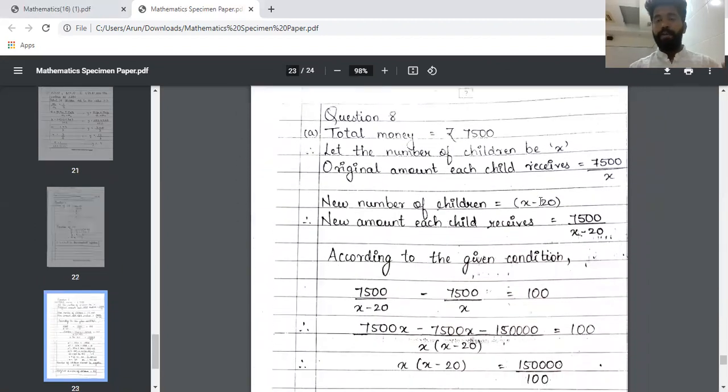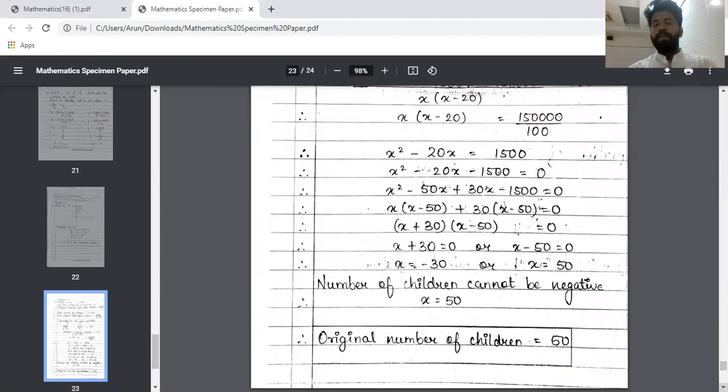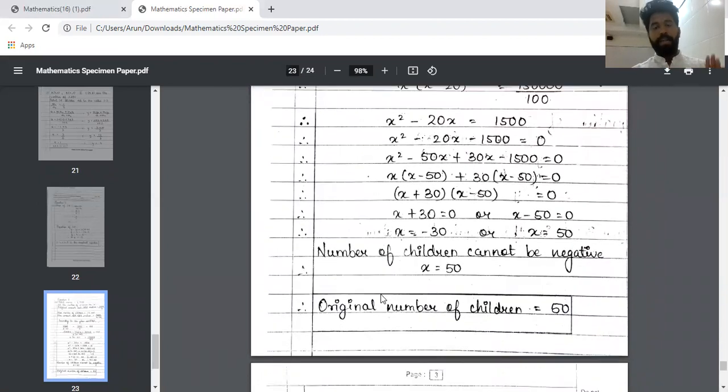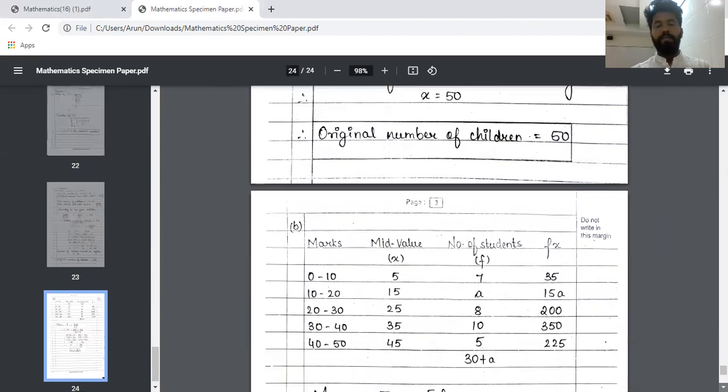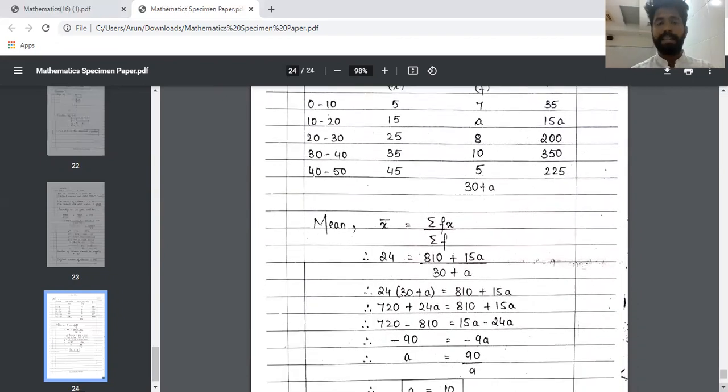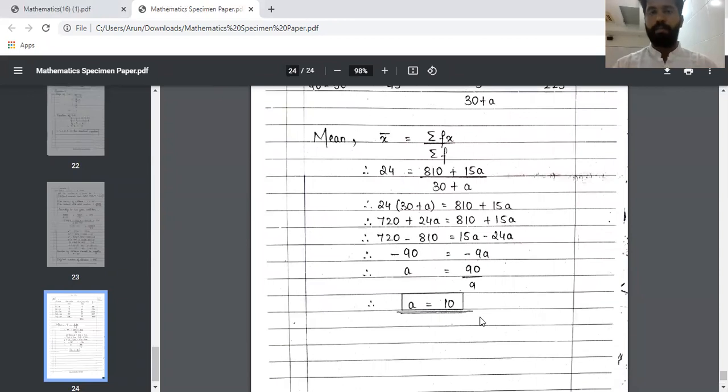Next, they have first taken the original number of children to be x, अच्छे से equation form की, whatever the equation is according to the given condition, then solve that equation correctly, and once they've reached the final answer, neglected the negative value which cannot be the answer, and then written the final answer statement in a box. So you also have to keep this in mind when you make the calculations. And then the next one, made the table neatly. All the values that were needed to be written वो अच्छे से लिखा, mean जो दिया था specify किया, made the calculations properly, and then final answer आया, they've written that in a box.